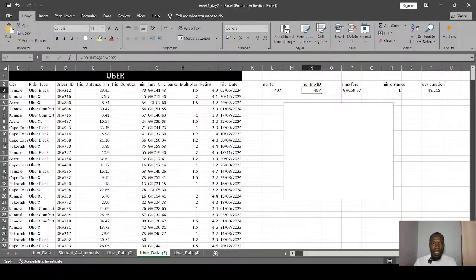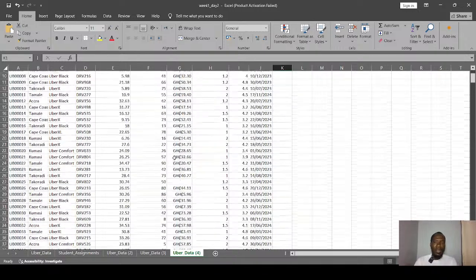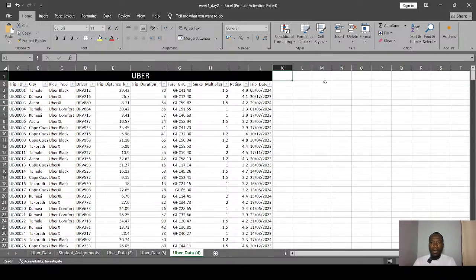I would like to use the same assignment, the Uber question, for today's class. So if you have your assignment 2, you can quickly launch it, and then we use it to handle today's class. Today we are looking at something that I gave to us in the assignment, which I didn't teach in class. So I'll just brush through it and then we continue. So we are looking at conditional formatting. I just mentioned it in the assignment, but we didn't look at it. So we'll look at it today.